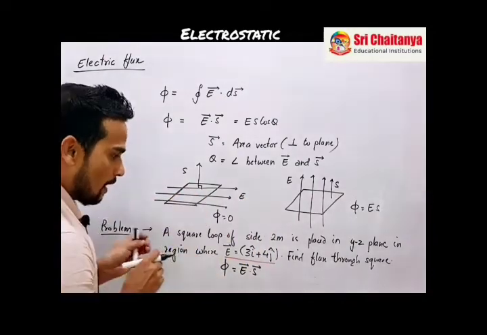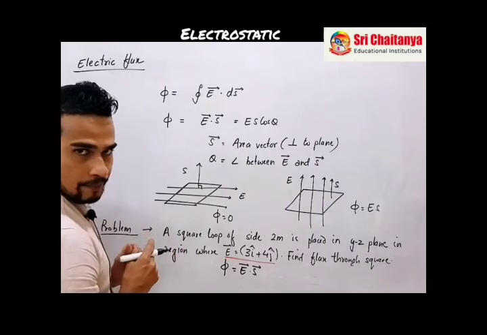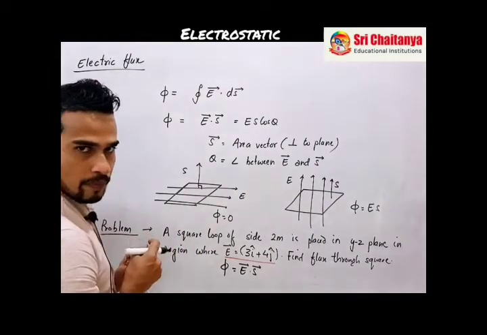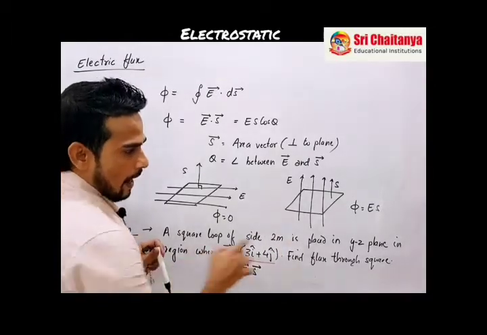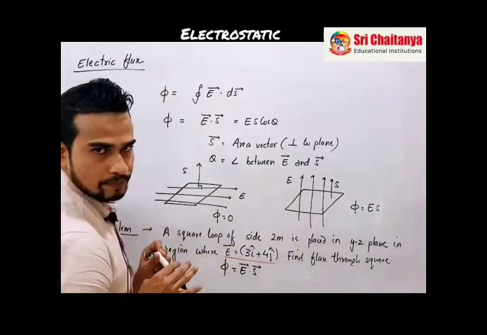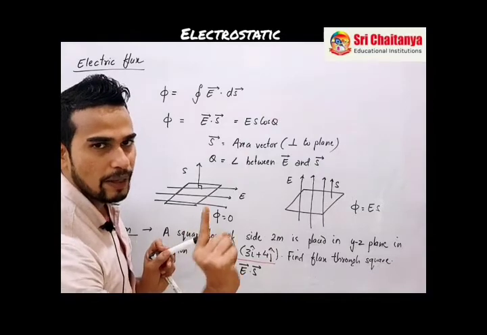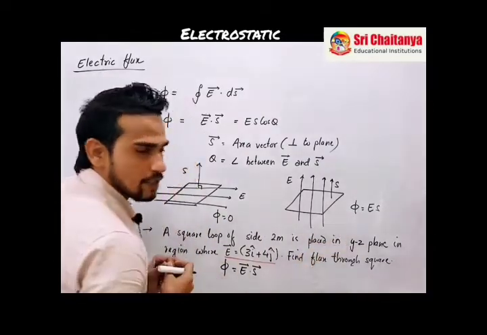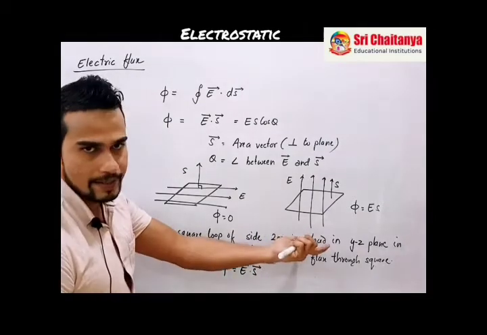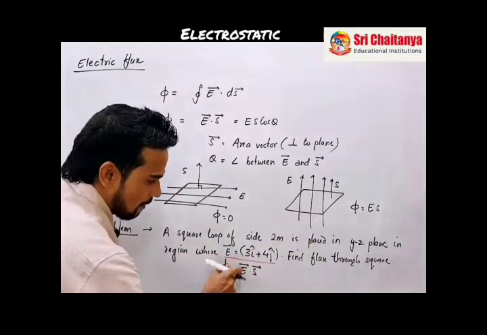So I'll first say, this is a square loop, side length is 2. That means its area will be 2 squared, area will be 4. And since it is placed in the yz plane, you must know the area vector will be perpendicular to the yz plane. So what will be perpendicular to the yz plane? That is your x-axis. So from here the E vector is given,